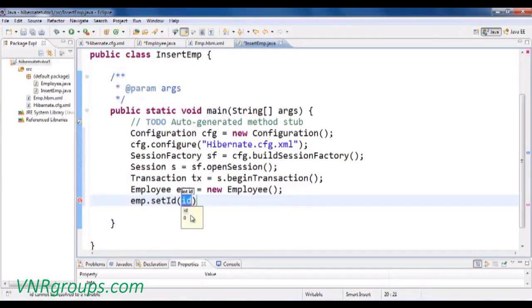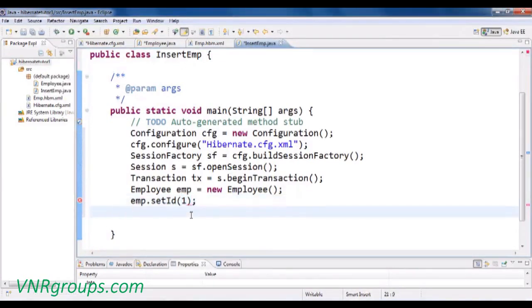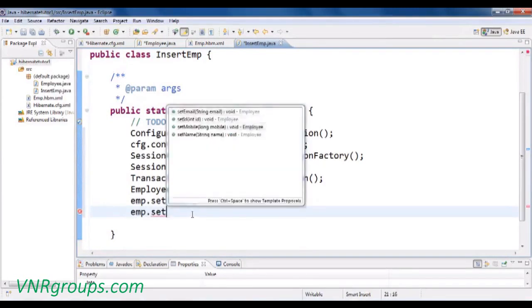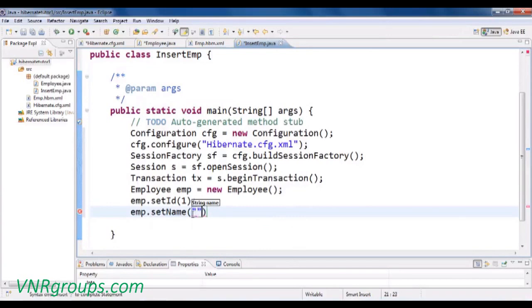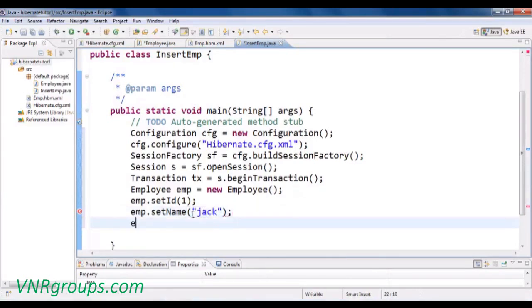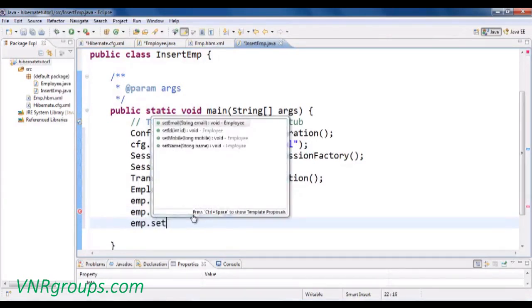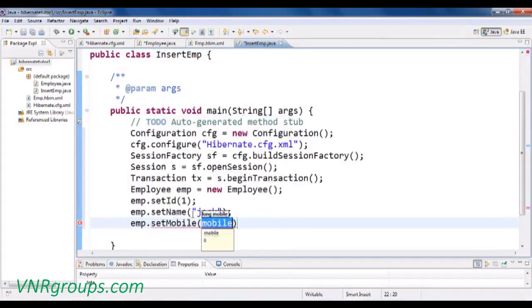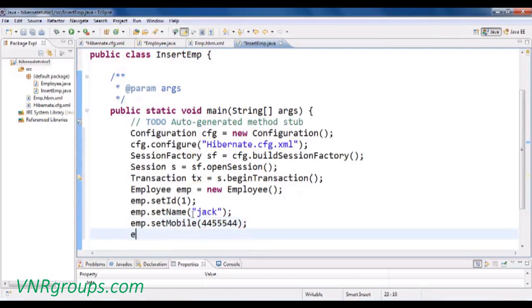Now this id I'm going to keep 1, then emp.setName, Jacob. Alright, some name, Jack. Alright, Jack. Emp.setMobile, that's 4445544. Alright, emp.set